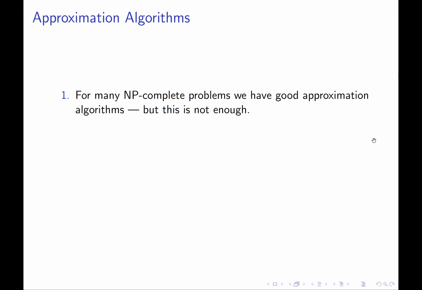And there's a whole field that thinks about how to get around computational intractability like this. And one thing you can do is you can try to derive an approximation algorithm. For many problems, it's not so crucial that you find the exactly optimal solution. It's good enough if you find a pretty good solution, a solution that maybe gets 95% of the objective value would be good enough for many purposes. And so, of course, we can try to do the same thing here. We can try to come up with approximation algorithms for our hard social welfare maximization problems.